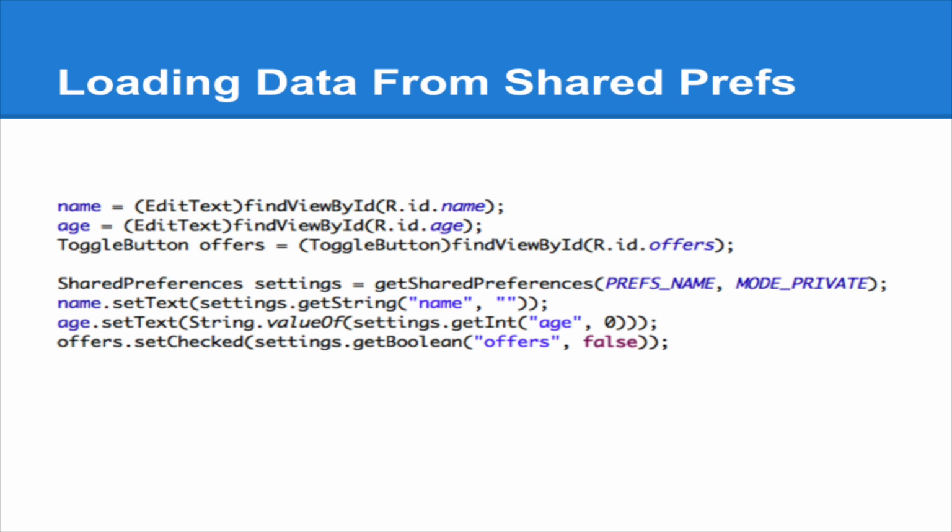Shared preference, preference name, mode private. Private basically means no other application on the phone can see that data, which is pretty much what we want all the time, don't we? I can't imagine when we want to share this preference data. Once I've got that, I've got set text, look. I've got set text, and each one,